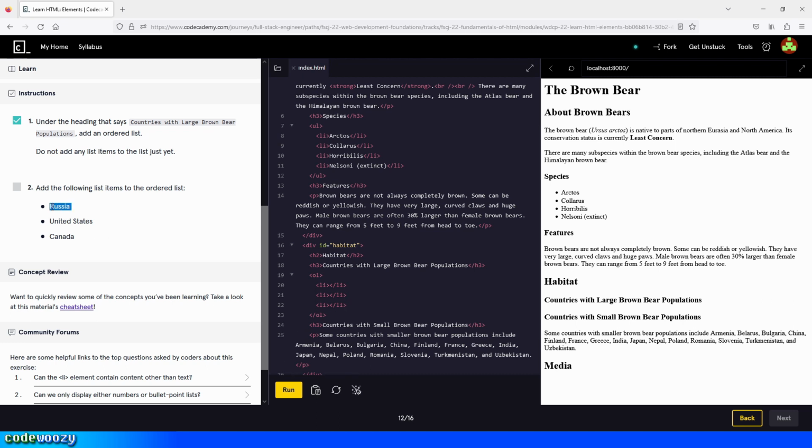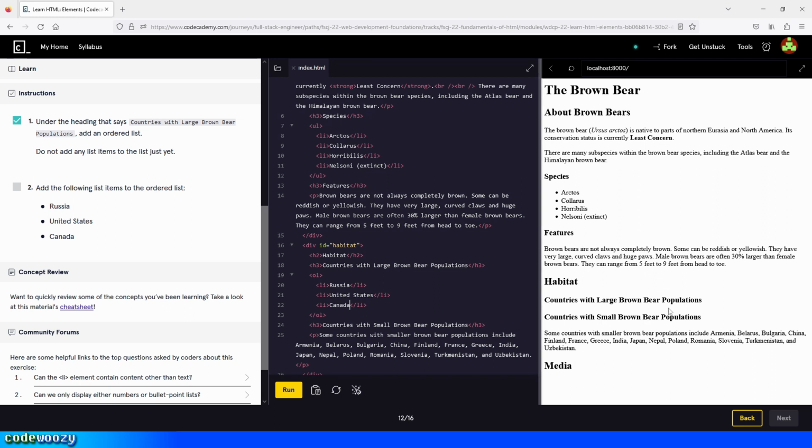So first we add Russia, like this, and then United States, and then finally Canada, like this. Okay, and we press run, and the list will of course show up in the browser right here,